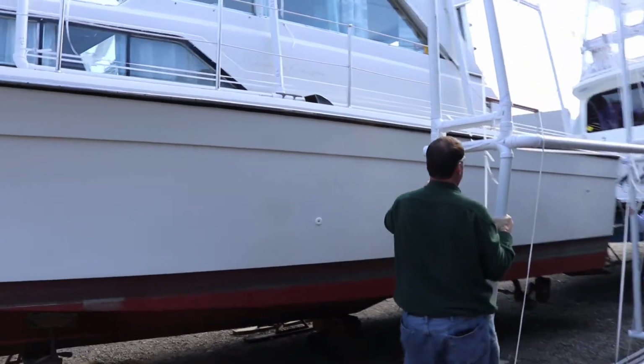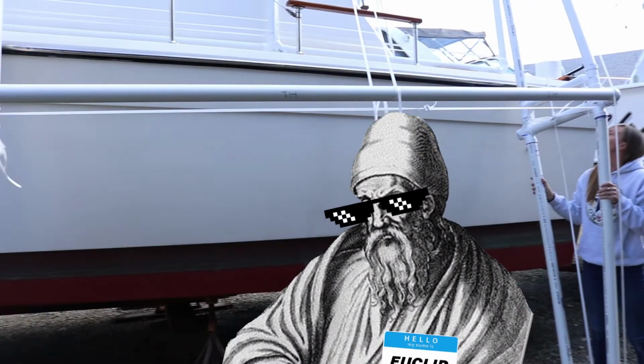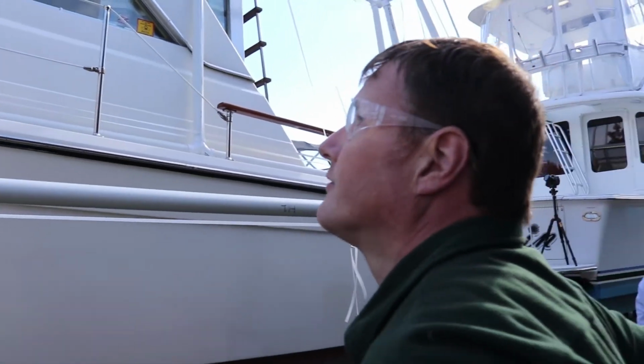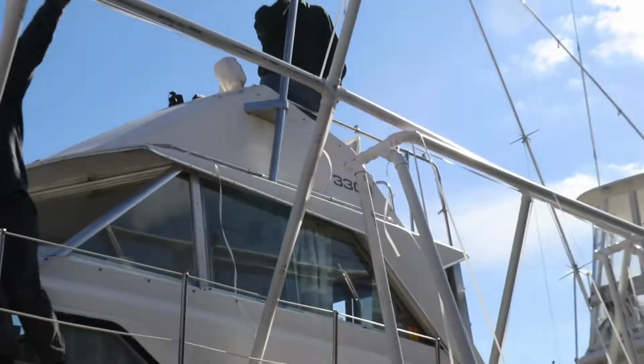Now that we got all our pieces together, it's assembly time. Stop. Hammer time. Nikki and I are going to do the front brace before we pull all this down. Now that we're up on the boat,